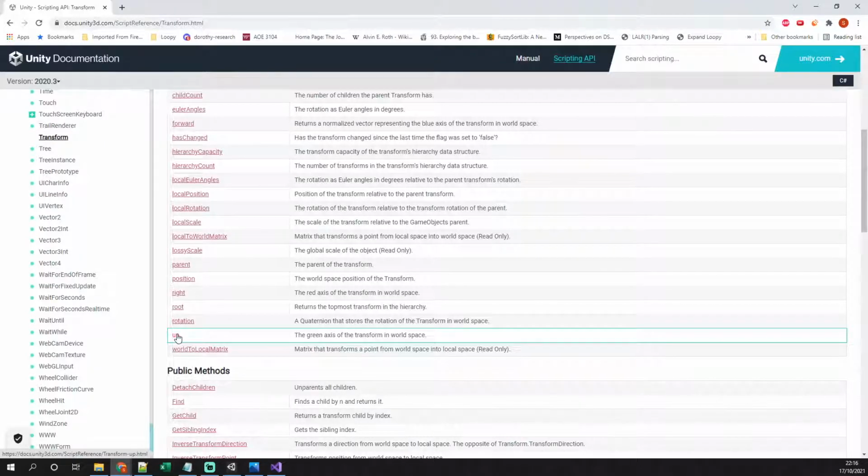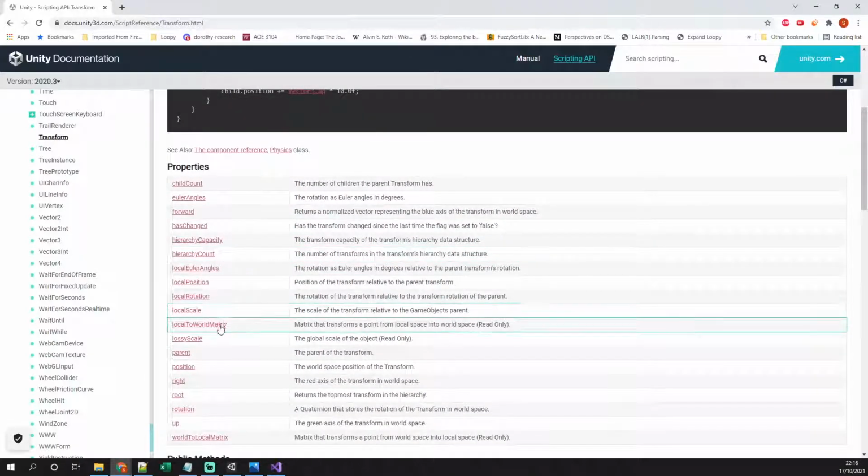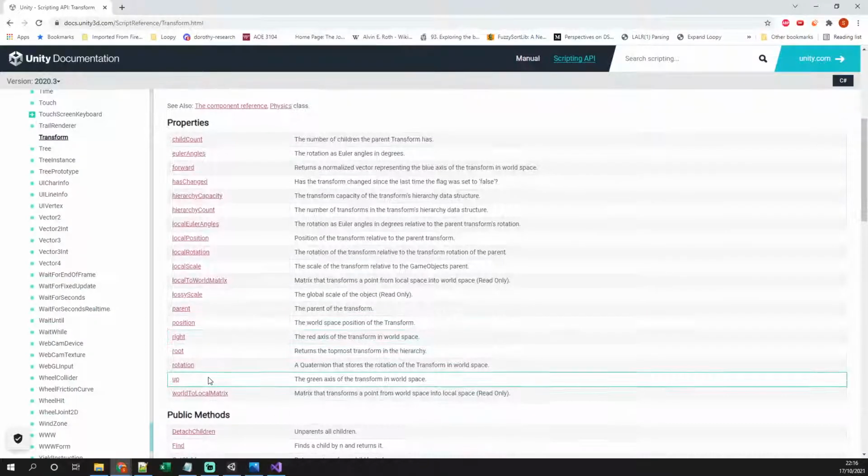Got the green axis. Let's have a little read here. And the blue axis. Okay. The red axis. So see, these are all world space, whereas I don't want that. So what the problem is,